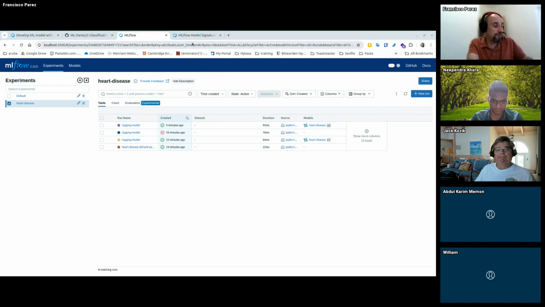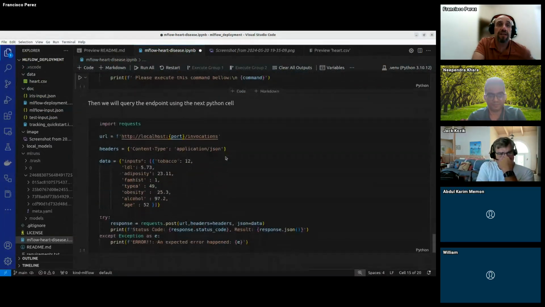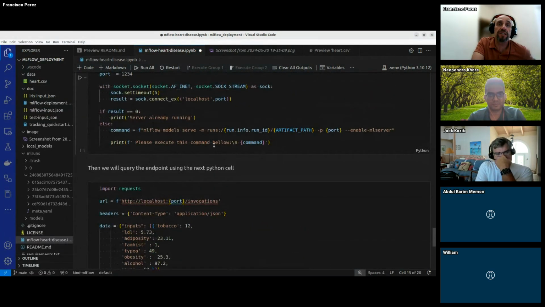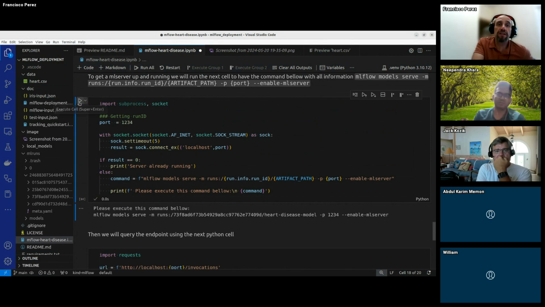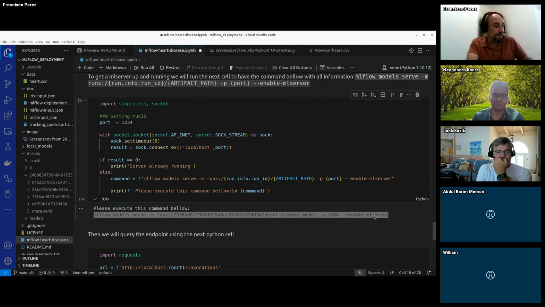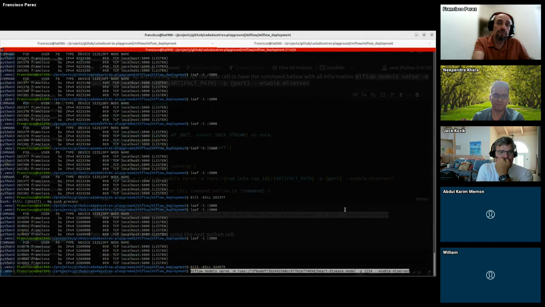Okay. So let's move on to the next one. The next step is to test out the model. For testing out the model, you need to run once again the MLflow server just for testing. So basically this step here just gives the command that you need to run separately. So let's open a session here. So I'm going to put here the,